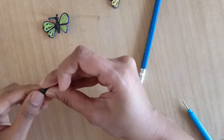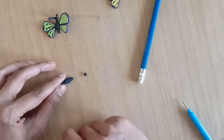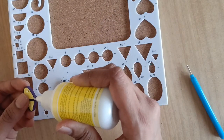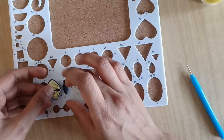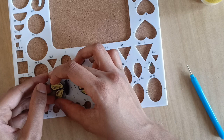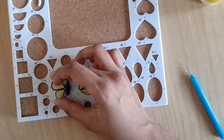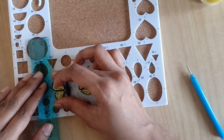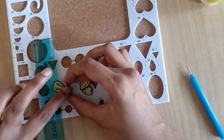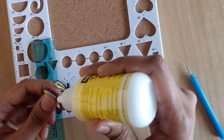I'll allow this to dry. I will now join the body of the butterfly with the wings. To give it a 3D effect, I'll place the wings on an object like a scale. So I'll keep something to support on both sides of the wings so that it's a little lifted up rather